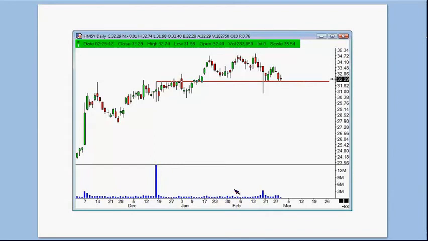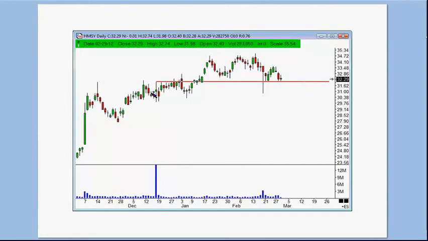It's not that it's illiquid, but I'll be taking a look at HMSY. You can see you've got some nice formation, this nice wide range. You've got this window here. And you had a little bit of a breakout, and I don't know what occurred on this day. I'll look that up to see if I can find anything.